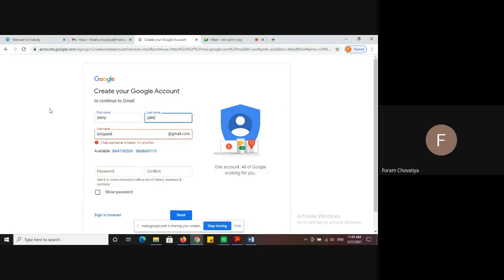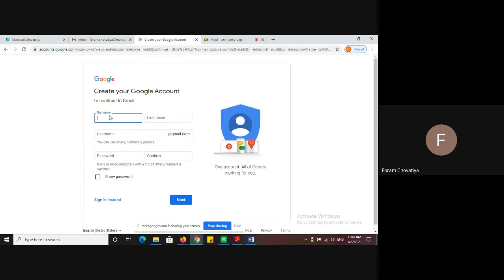I changed the username and last name because some accounts are already created with that name. And you have to set a password, which you have to create.